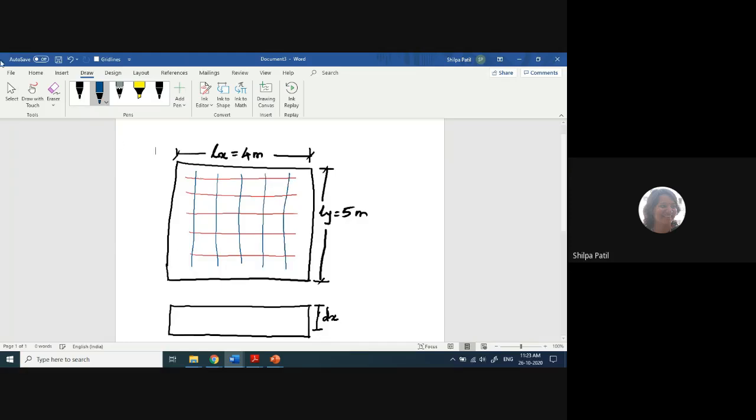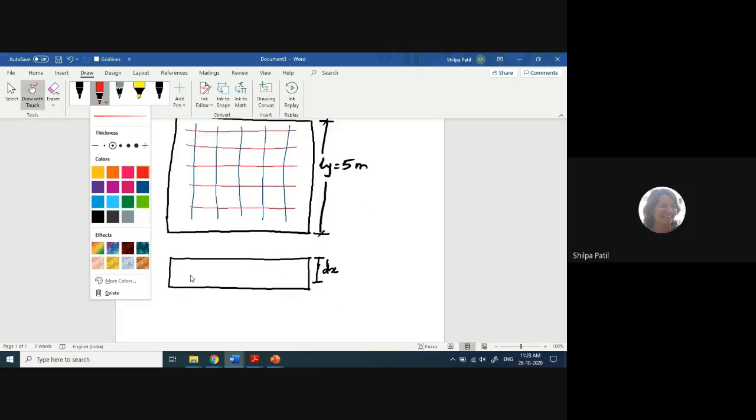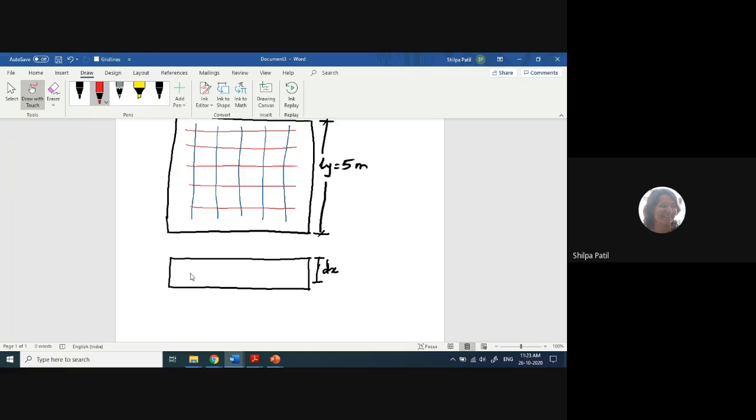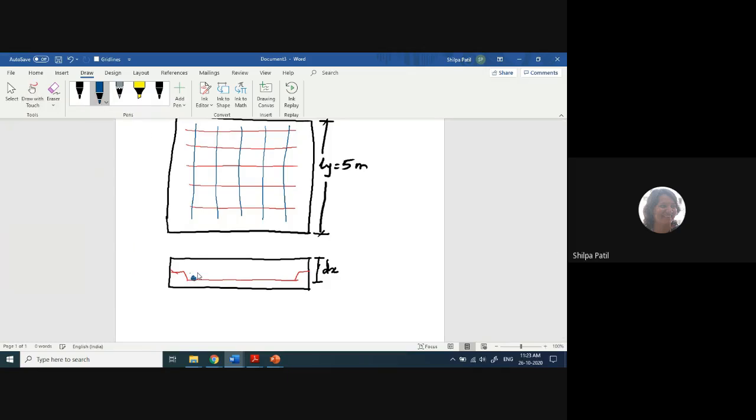Okay, so if I want to draw the cross-sectional view, the reinforcement which is in x direction will be like this. There will be a bent up bar like this, so that I'm not going to show here. I just wanted to show you how the dx calculation is done. Okay, and here the other bar, that is the bar in the longer direction, will be placed above this bar. So this will be the longer direction bar, which is shown in blue color.